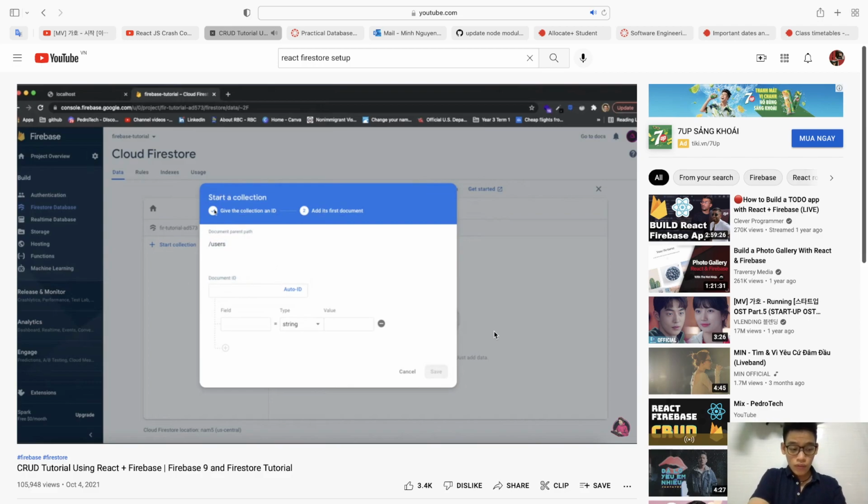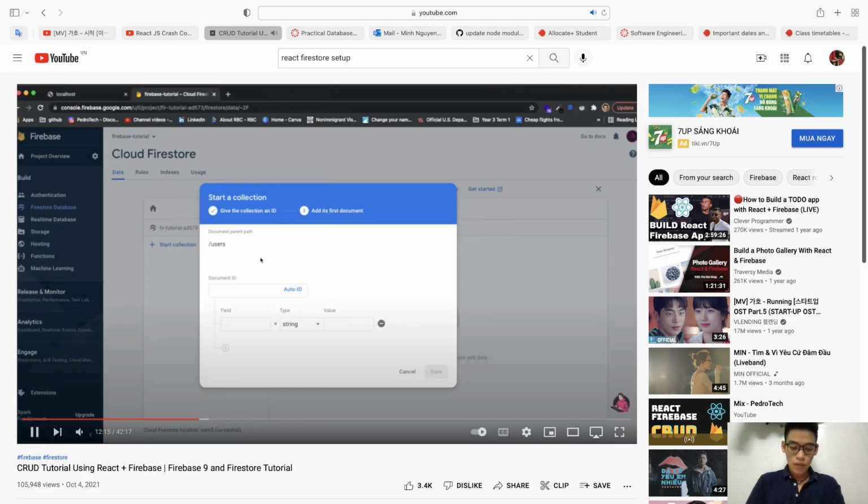Well, if a collection in Firestore is like the table in an SQL database, a document is like one of the entries. So a collection will include multiple documents, and each document is a new user. It's almost like the new addition to the database. Every time you want to add something to this users collection, you're going to add a document, and it's going to ask for an ID,